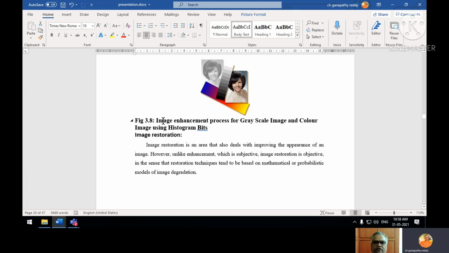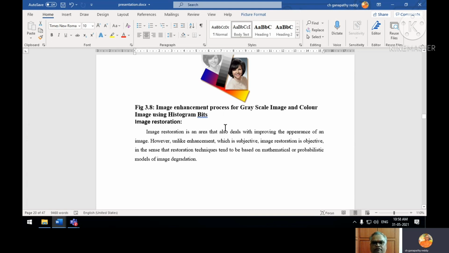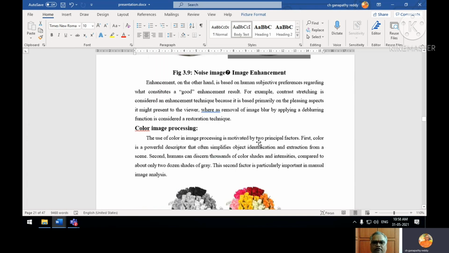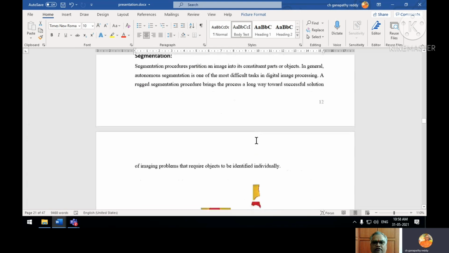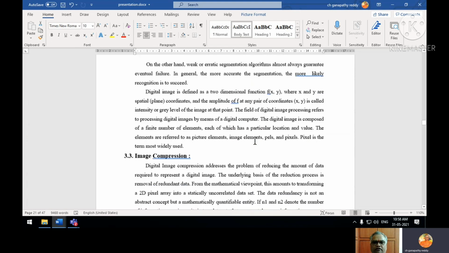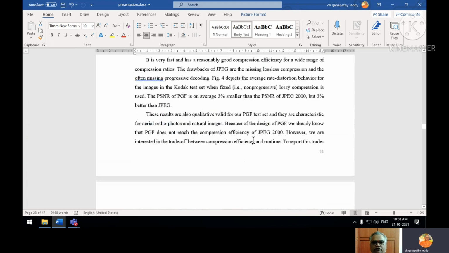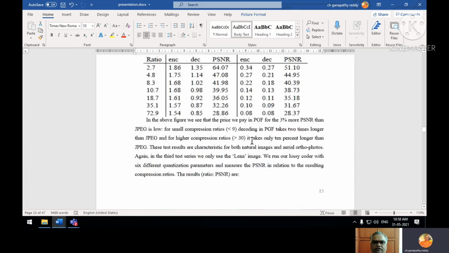No extra space, no 1.5 line extra space if the name of the figure is more than one line. There is 3.9, 3.10, 3.11, like that it will go. Okay, 3.12. So these are all figure numbers.